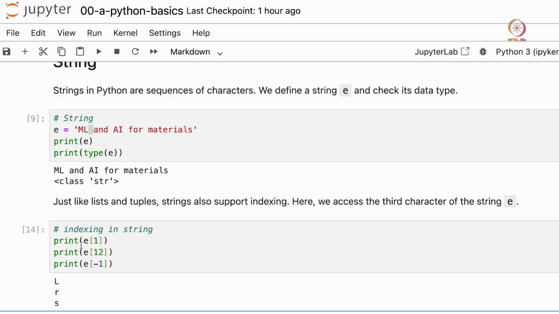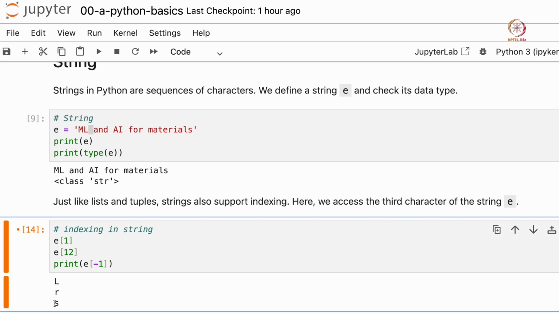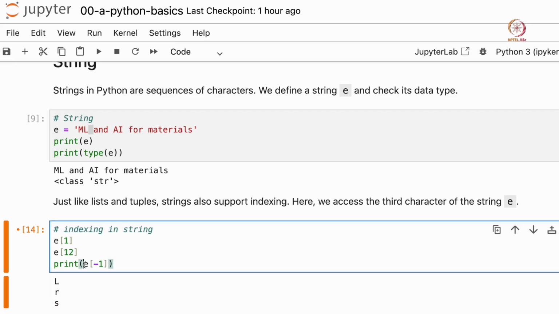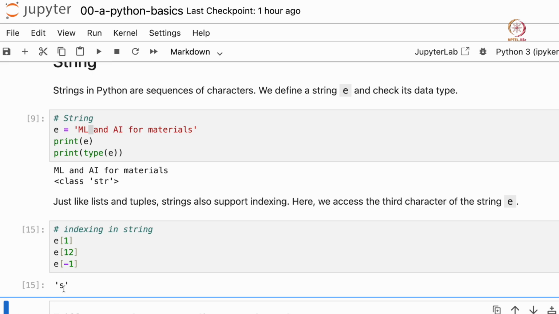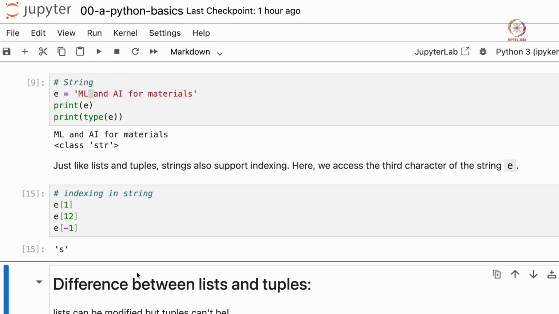But in case I remove the print statements here, only the last print statement will be executed. So the last one is S, materials, last character. And if I run only this, only S gets printed out. So if you are printing multiple things, it's always a good idea to enclose whatever you want to print within print statements.